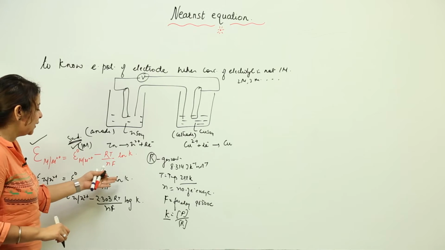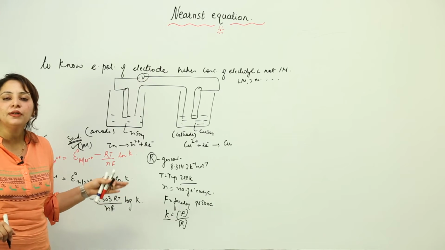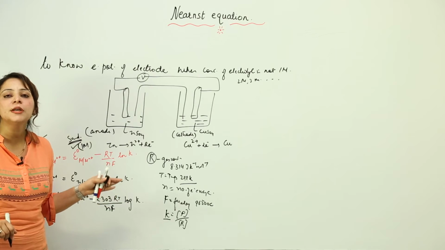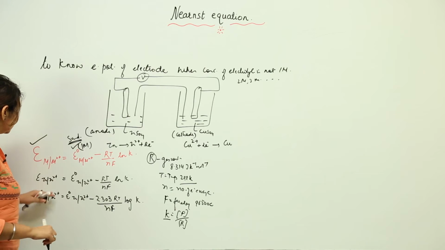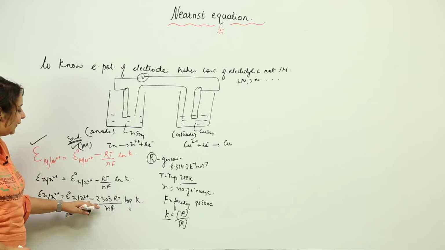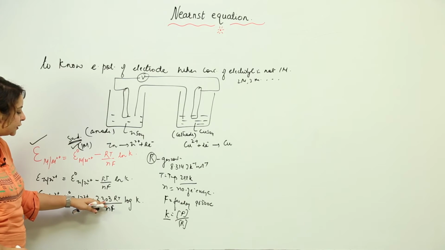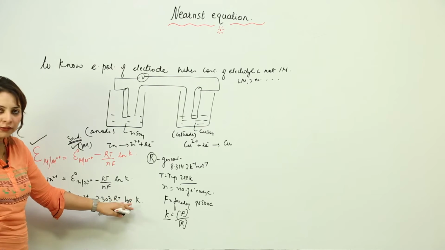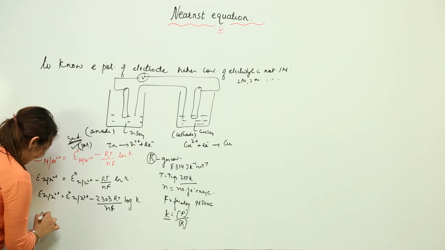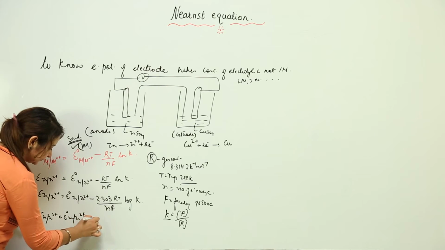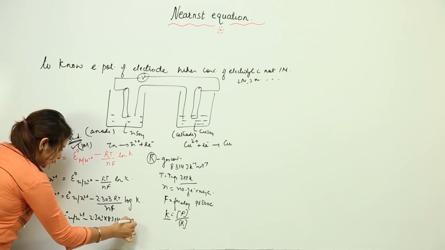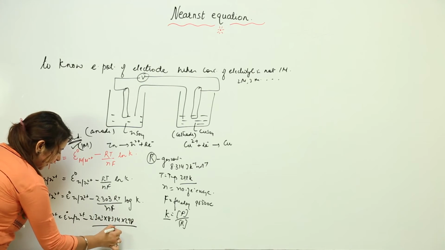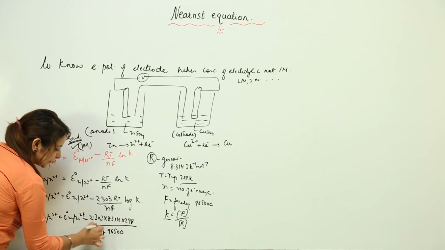Right. So now I am going to change ln into log, and I know that if I want to change ln into log, I have to prefix the value 2.303. So here, this remains as such, this remains as such, I write minus, again remains minus 2.303 RT upon NF log K, right. So now I can further simplify the equation: this is 2.303, R is 8.314, T is 298, F is 96500, N can be anything, right, and it is log